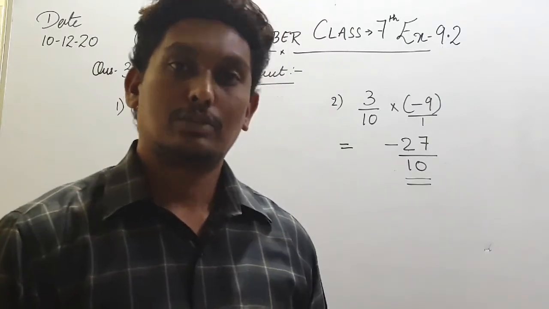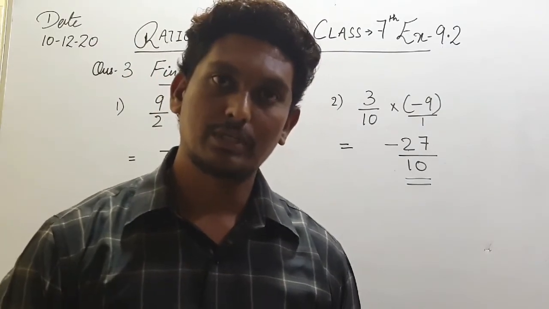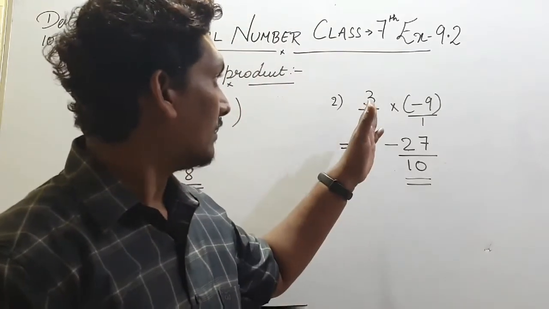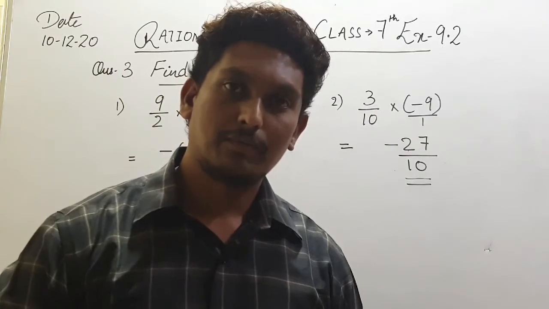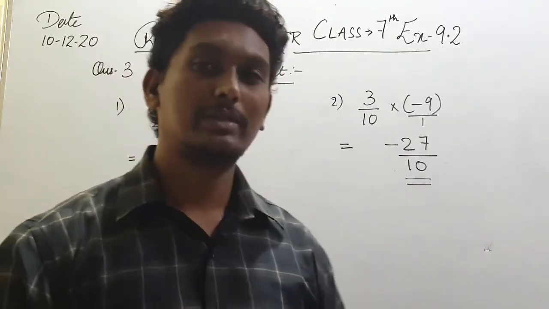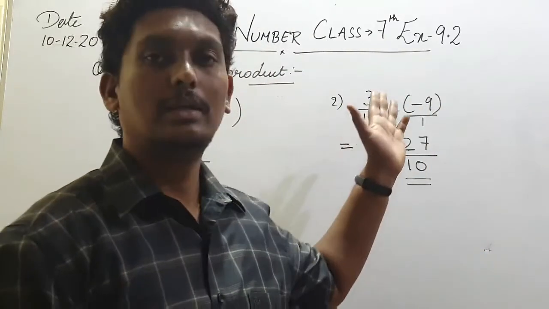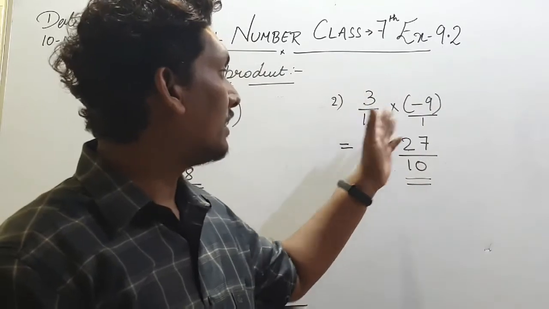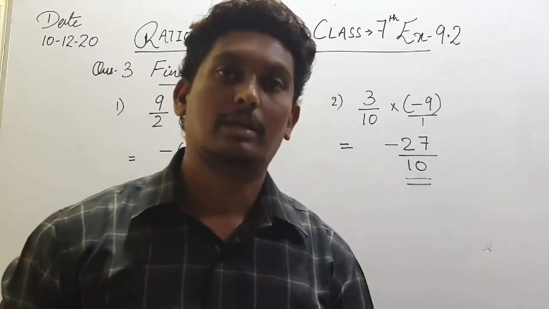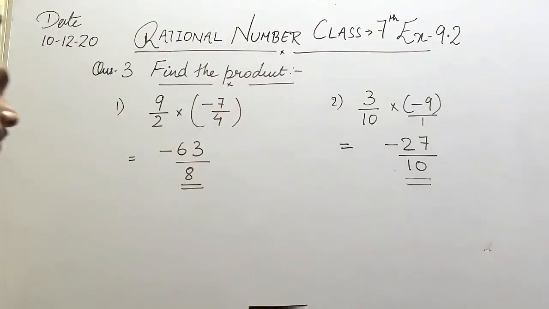Okay, so I think in the first term also one question was there, just multiplication was given there, right? Most of the students found the LCM, so there is no need to find LCM in this type of questions. Just multiply the numerator with the numerator of the other number and denominator with the denominator. Okay, that's it. Hope it is clear to you. Just go through it.